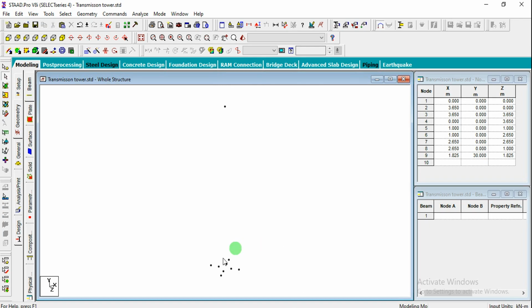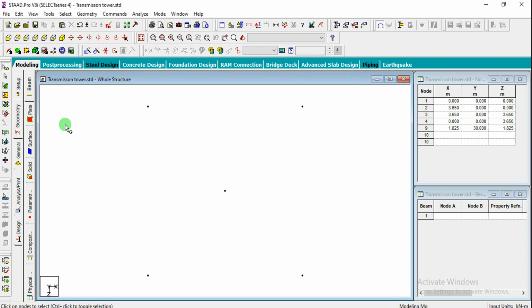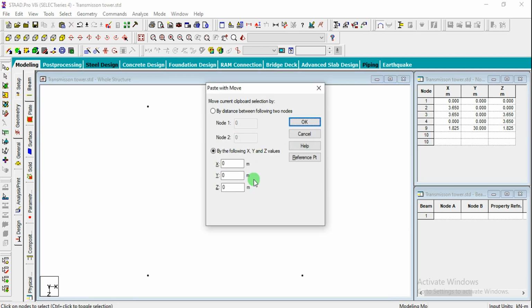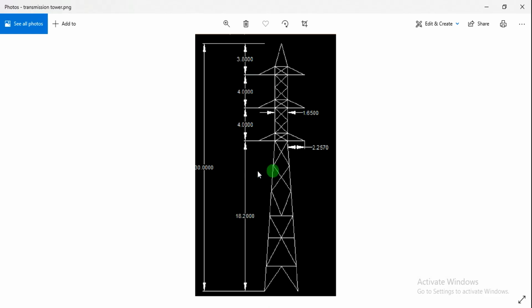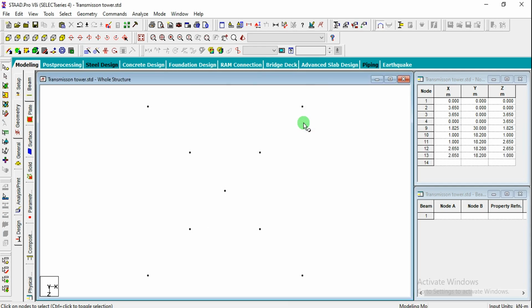coming back to StatPro. From the top view, I'm just going to hold the nodes. Go for the node cursor and select all the 4 nodes here. And you can go for Control X and yes, Control V. So we are just cut pasting here. And we have to give the Y value as 18.2. So already the distance has been given as 18.2 here. So just take that 18.2 and click on OK.